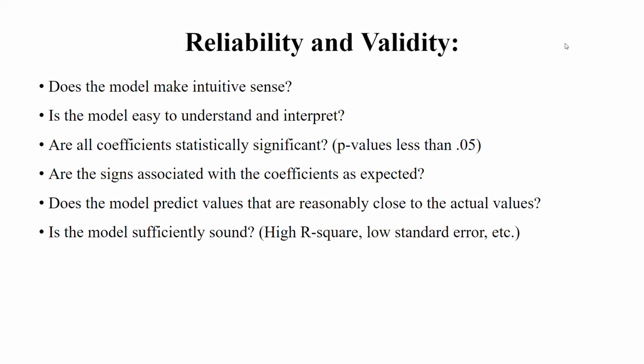The second parameter we look into is the standard error. Whatever our prediction may be, we give some leverage on the error factor. This error factor must be at the lowest end. We should not say that the predicted value of sales is 10,000 with a standard deviation of 3,000. That is not the right way of predicting, as it will have a high significance on your decision making. Here we need to look at the standard error, and that standard error should be at the lowest end.